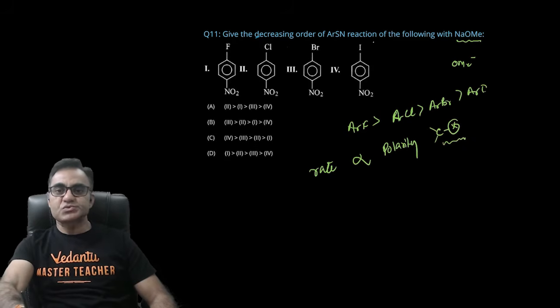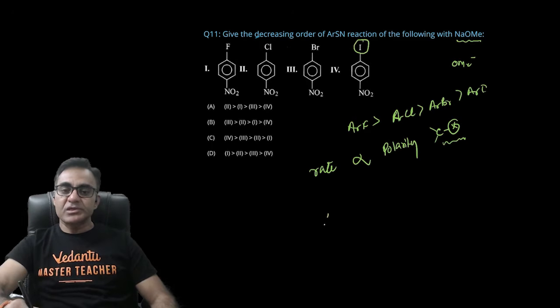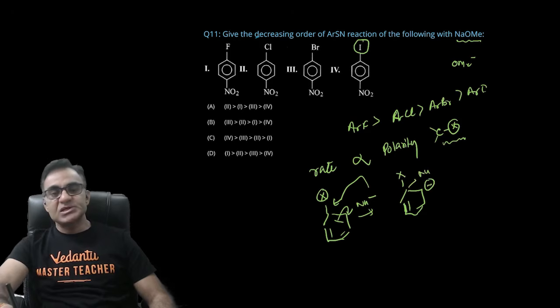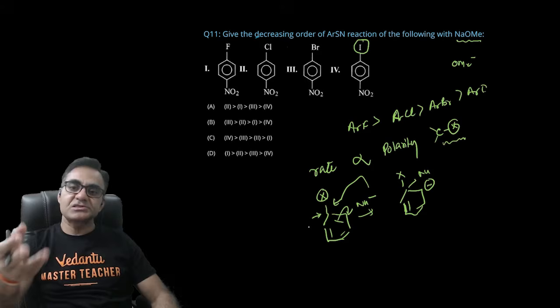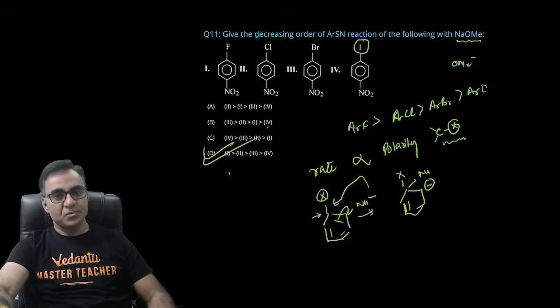यहाँ पे एक छोटा सा confusion students को होता है कि I best leaving group है तो इसकी reactivity highest होनी चाहिए, नहीं, क्योंकि जो reaction है उसके अंदर सबसे पहले जैसे यहाँ leaving group लगा हुआ है तो सबसे पहले nucleophile आके ना यहाँ पे attack करता है, pi bond टूटता है, और यही आपका RDS होता है। Right, तो RDS में आपका जो C-X bond है वो टूट ही नहीं रहा है, ये X है, यहाँ पे आपका nucleophile हो गया, यहाँ पे negative charge आ गया, तो that means leaving group का leavability important नहीं है, लेकिन इस carbon पे कितना ज्यादा plus charge है या इस bond की कितनी ज्यादा polarity है वो उसके rate को बढ़ा देगा। तो answer होना चाहिए 1 2 3 4, 1 2 3 4, यानी D is going to be the correct option। Alright,